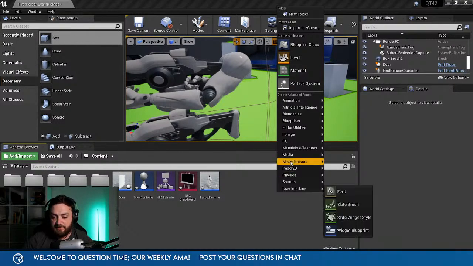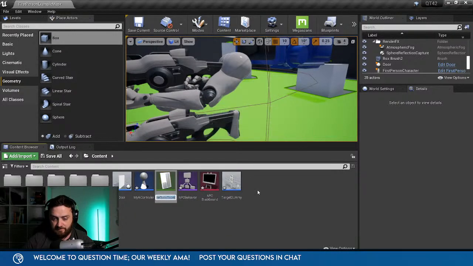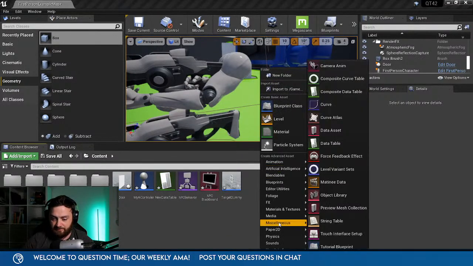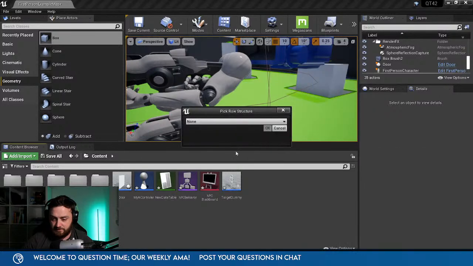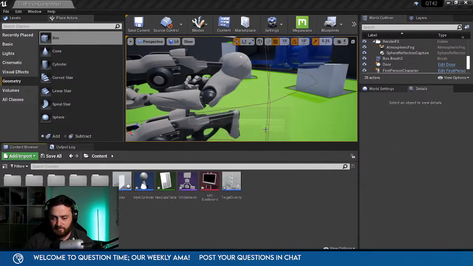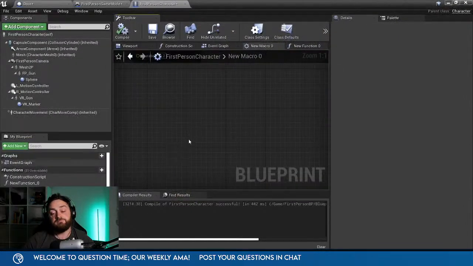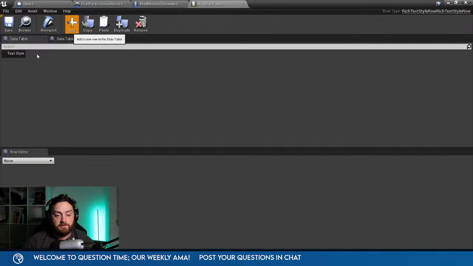So let's make a data table. Choose the rich image row. I'll also need one for the rich text style row. Okay, then we add a row.